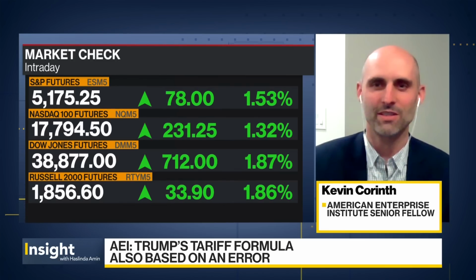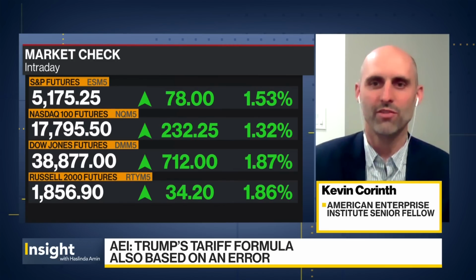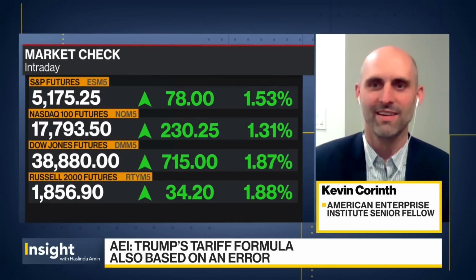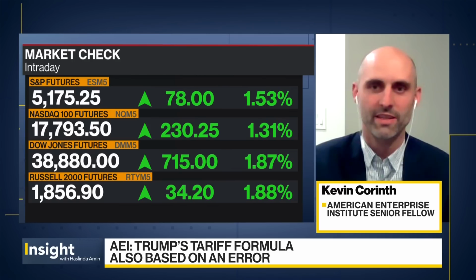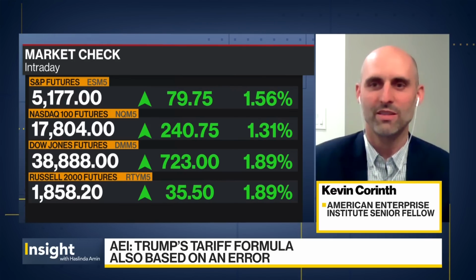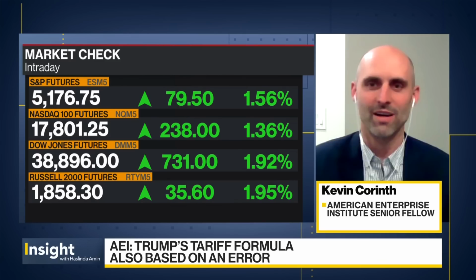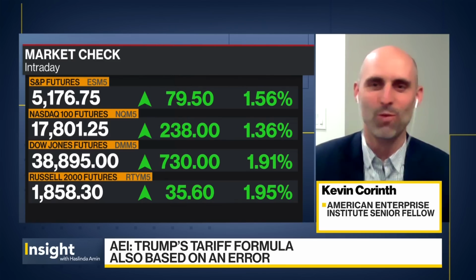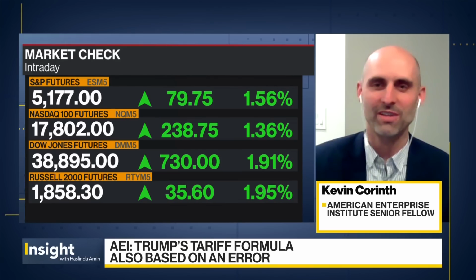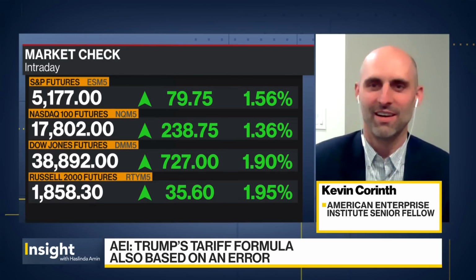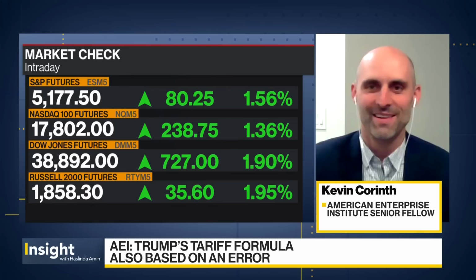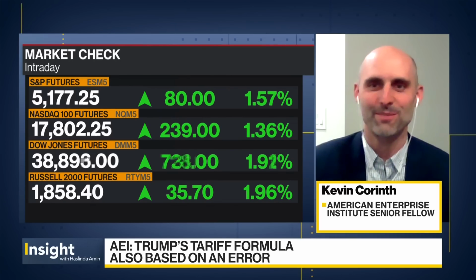Aside from the policy itself, it just creates total uncertainty. So if you're a country who wants to say, oh, I really want to comply, I want to not face these big tariffs for things that we're exporting into the United States, I don't think they would know what to do, because the Trump administration is not giving them any kind of clear direction. So I think the clarity of what the goal is, and then what countries need to do to comply, would be an important step. Again, the fundamental thing is we shouldn't want a trade war in the first place, but if you're going to declare a trade war, at least define the terms clearly.